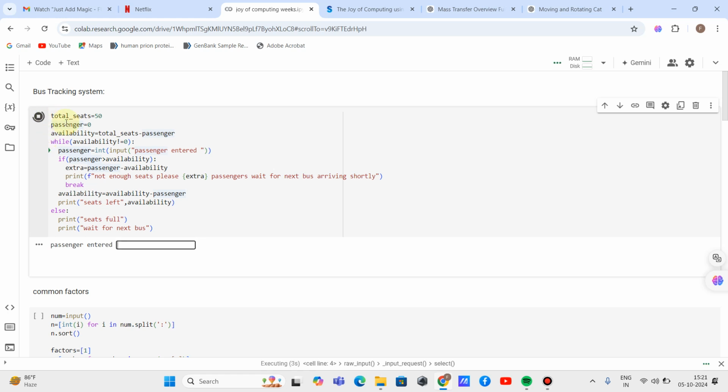So yes, the program has started. The while loop has started to run. You might be thinking about why I use availability is total seats minus passenger. Sometimes there are some people already sitting in the bus. For that case, I have written this statement. So in the beginning, passenger is set to 0 and availability is 50 right now. Say suppose 4 people entered the bus and I have 46 seats left,